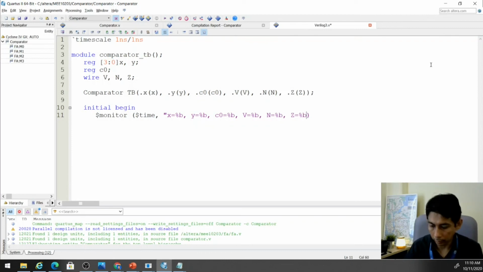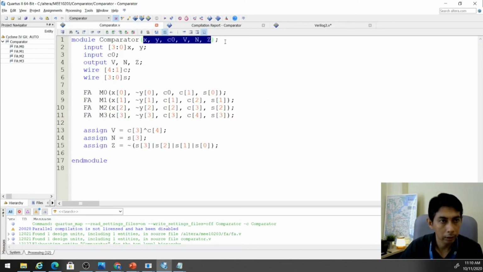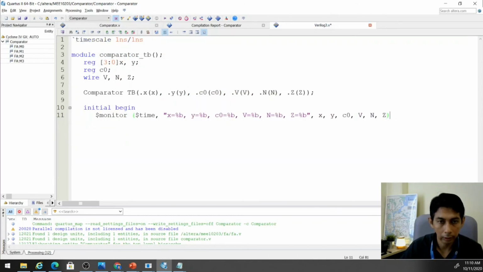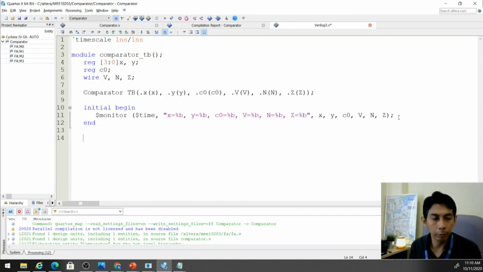Okay, and we need to have this again in here. It means that this is actually X, this is actually for Y, and this is actually C0, and so on. Right, and we need to end here. And now we will give the stimulus, or the input vector, to our design. Yeah, so we need to use again